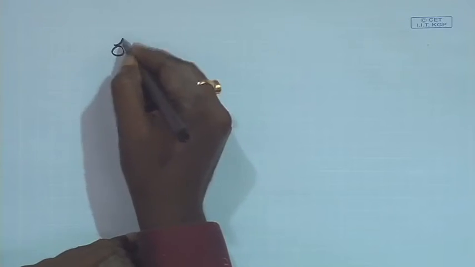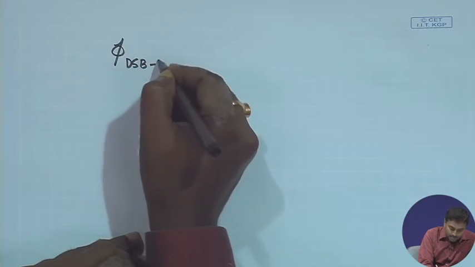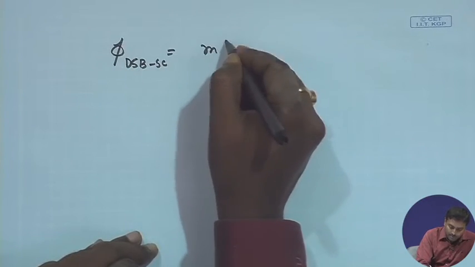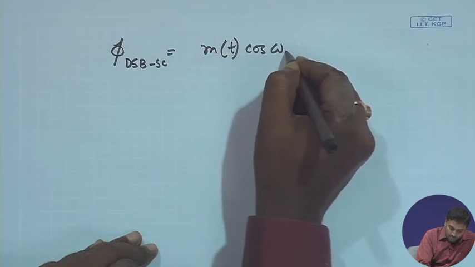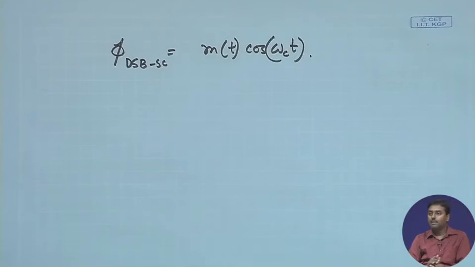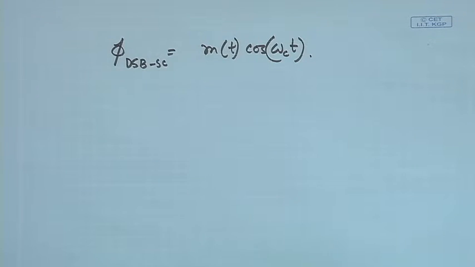So, let us first see for the DSB signal. So, let us say this is my DSB-SC, which is nothing but m(t) cos omega_c t, right. So, that is a typical DSB signal where m(t) is the modulating signal, band limited of course, it occupies baseband up to bandwidth B, and then we have chosen a carrier omega_c much bigger than that B. Okay. So, that is the DSB signal.